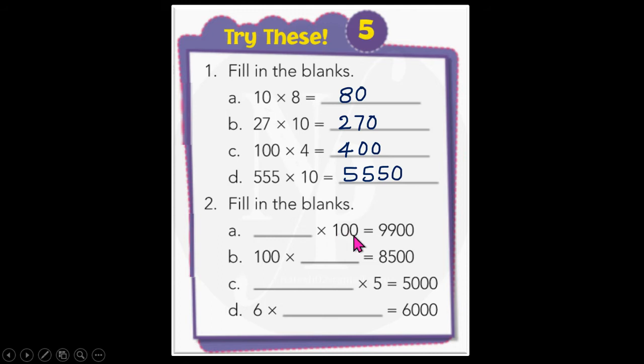Here we have two zeros, and we also have two zeros in the product. So to get the digits 9 and 9, we should have 99 here. In other words, on multiplying 99 by 100, we get